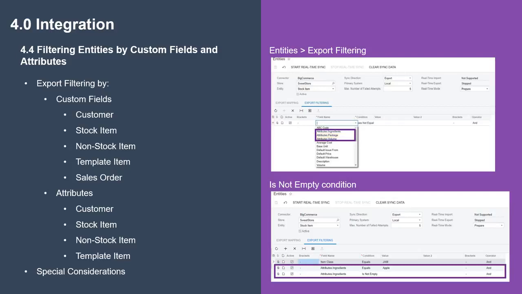Just some special considerations. Where a custom field or attribute is unavailable during export for any reason, the system treats the value in the condition as null. To avoid issues during export, add an is not empty condition to each filtering condition that includes custom fields or